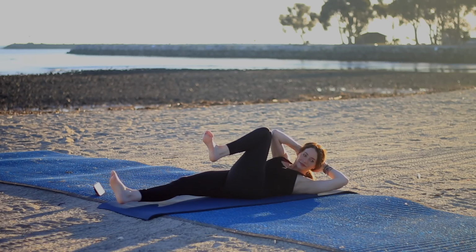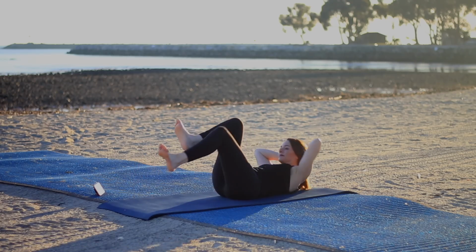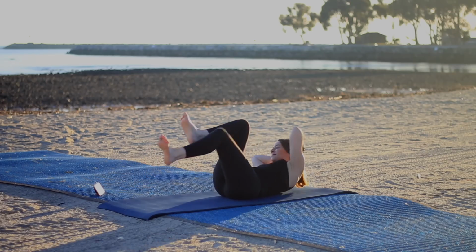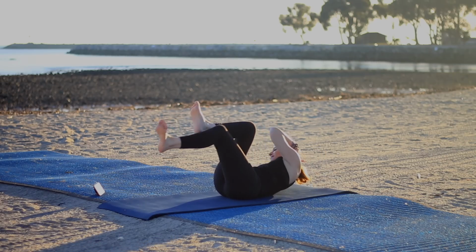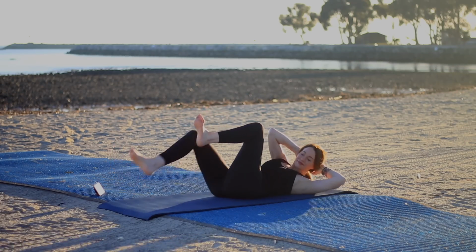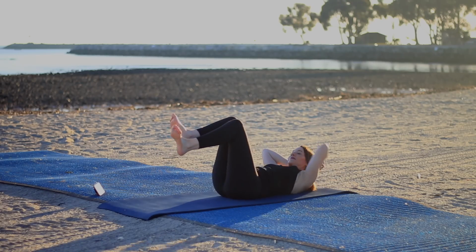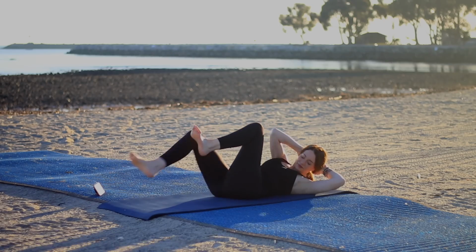Now you can stay with that, or you can extend the right leg out as you take elbow to knee, and then the left leg out. So you're going back and forth to the right. Inhale, center, exhale, left. Inhale, center, exhale, right. So my extended leg doesn't ever touch the floor. And when I come to center, I try to make like a table position with the legs, like a 90-degree angle. Keep your belly pulling in, but then keep breathing and just kind of find your own rhythm